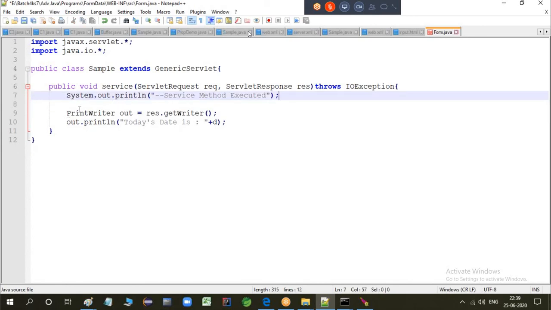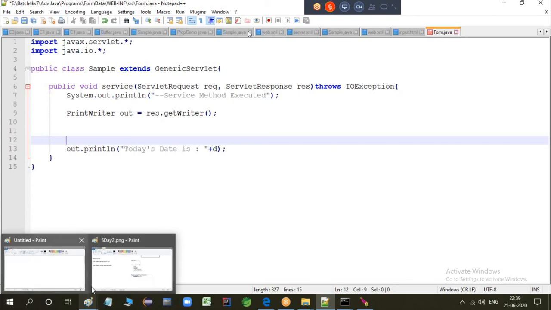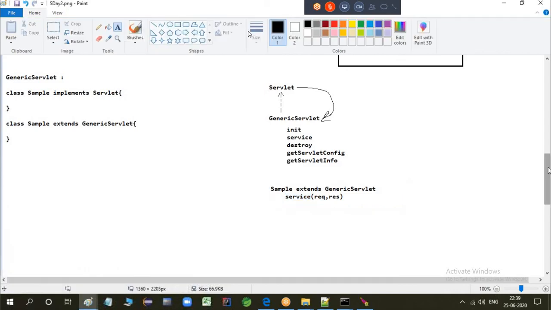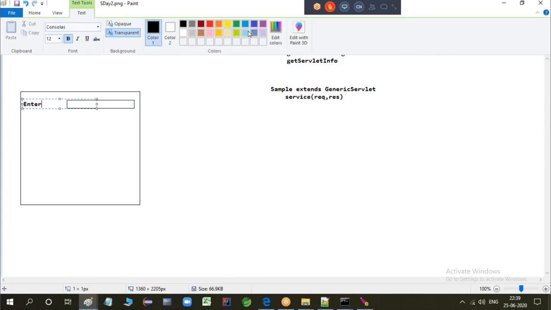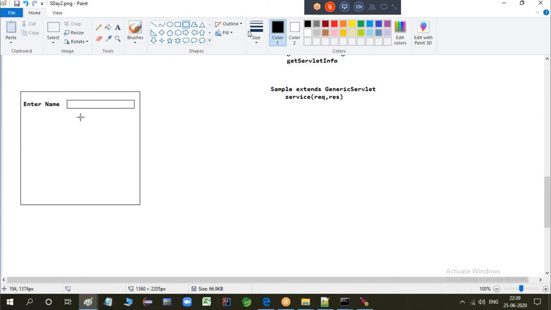Next thing, what I need to do is display this to the output. Now see this. I have created one form. You will get some tab like this, where you will see enter your name and one submit button.